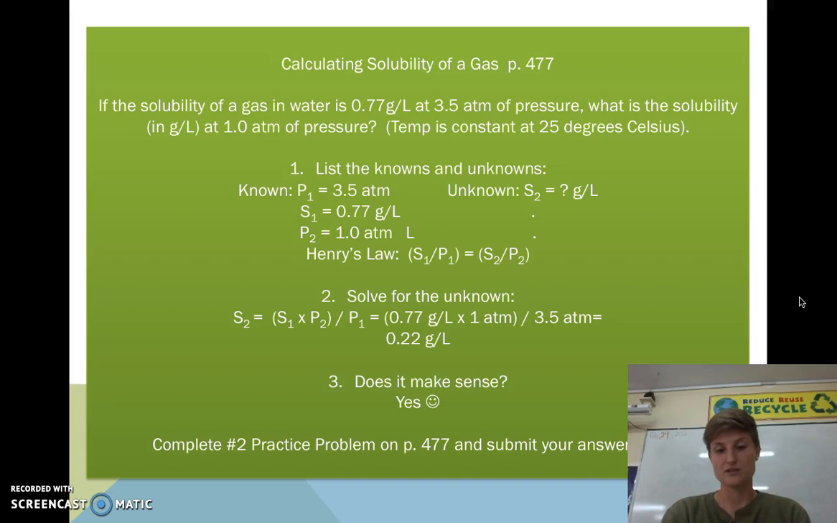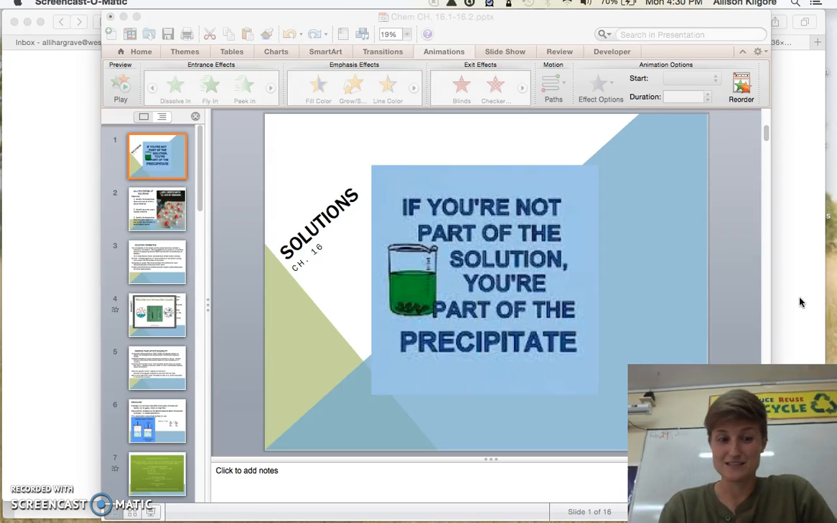And so that is calculating solubility. And then your third thing would be to check, does it make sense? And it explains it for you on page 477. You can read, so I don't have to read that for you. And basically that is our